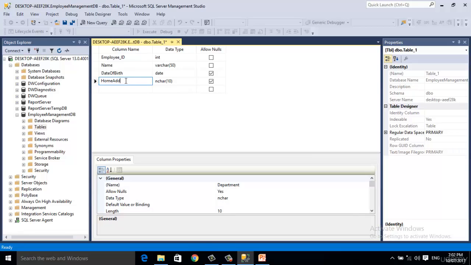Let's have a field for his home address. Okay, address can be a large string which may contain the numbers and may contain the text as well. Therefore, I will select the nvarchar and varchar 100. Let's define its length as 100.